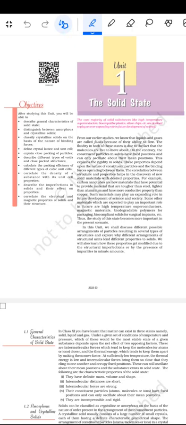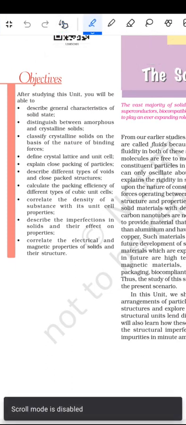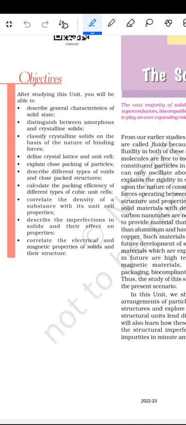ये है द सॉलिड स्टेट। इसमें देखेंगे कि after studying this unit, we will be able to describe the general characteristics of the solid state, distinguish between the amorphous and the crystalline solids, classify the crystalline solids on the basis of the nature of the binding forces,